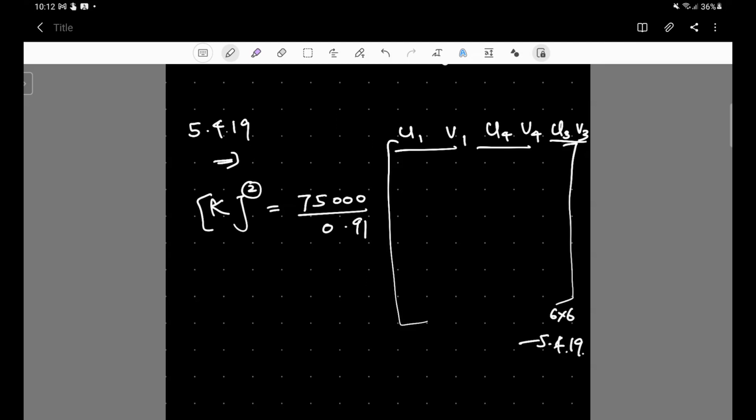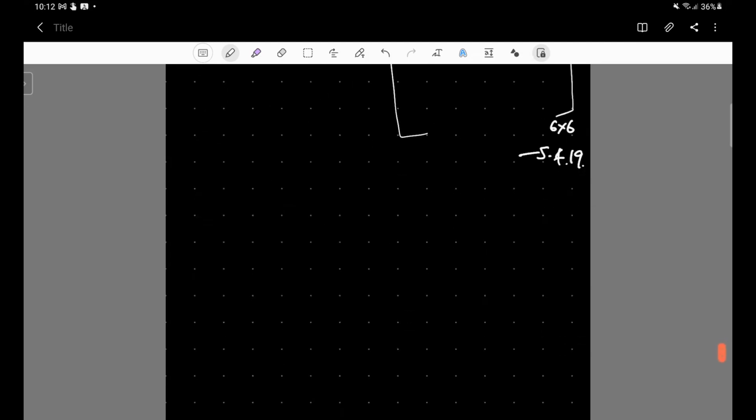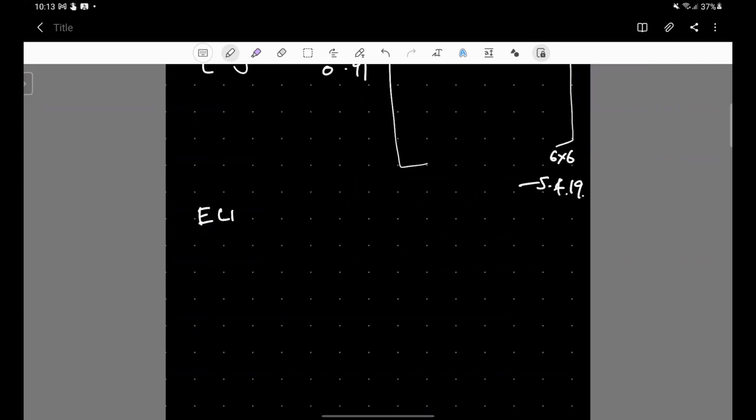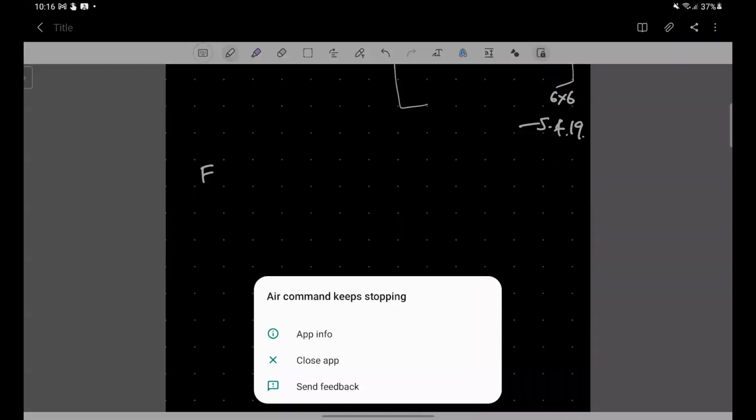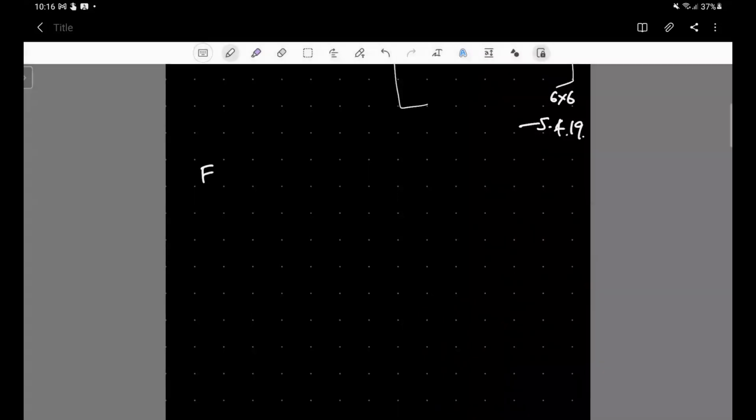So in order to use the superposition method, we have to now construct each element into 8 by 8 matrices. What we are trying to do is expand the 6 by 6 element stiffness matrices which we developed for the 2 elements into 8 by 8 matrices, so that we can simply use the superposition method to develop the total stiffness matrix for the total structure, in this case, for the total model. For element 1,